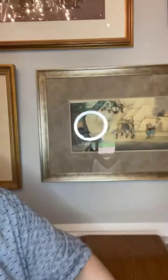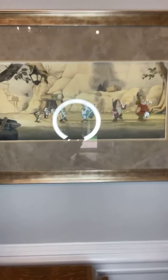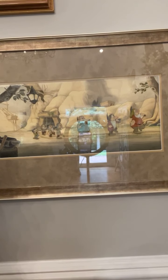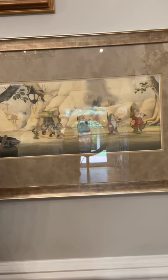One of the things I'd love to show you, because we were talking a little bit about backgrounds, is this piece right here. This is from my personal collection, and this is the Seven Dwarfs. Here we have all of the dwarfs marching home from the mine, and that is on an original key master background. So that's the setup exactly as it appears in the film, and that's a very, very rare background and a